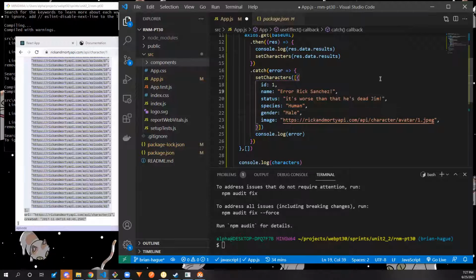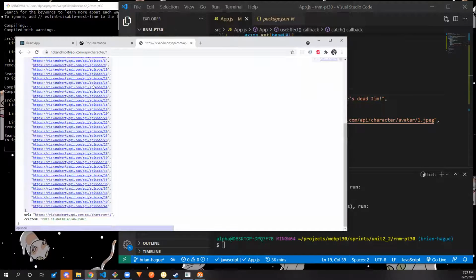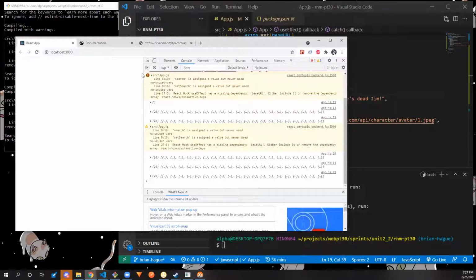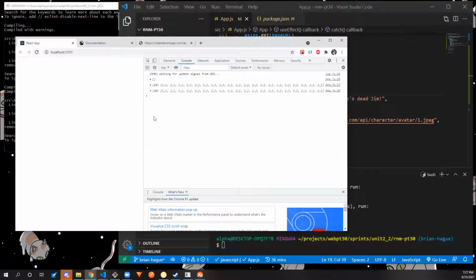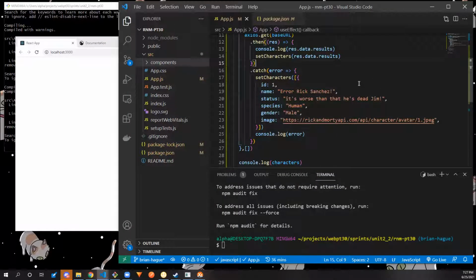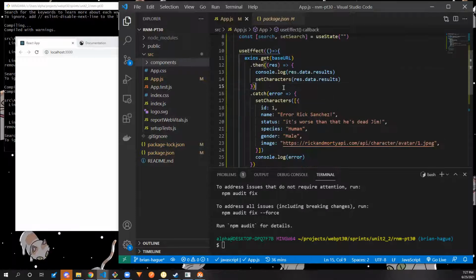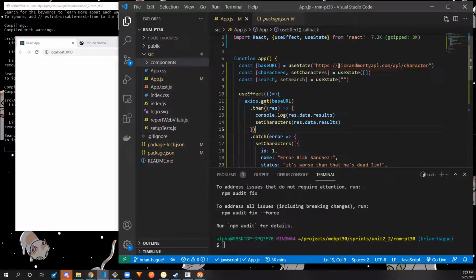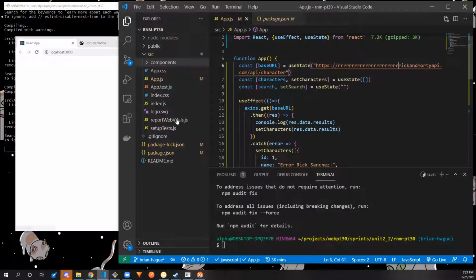Something like that. So there's an error message that we're going to use to render onto the screen, which is actually pretty cool because we can set characters to whatever we want. So if I save this, you notice that we don't have that error right now, so we're going to type in some funky characters again and throw that error in here. So in our base URL, there's a whole bunch of parts. We save that,